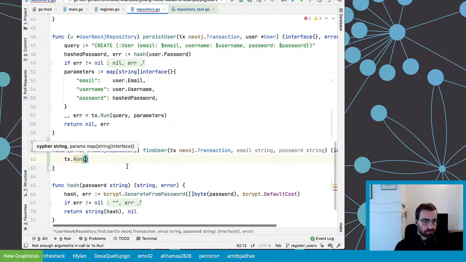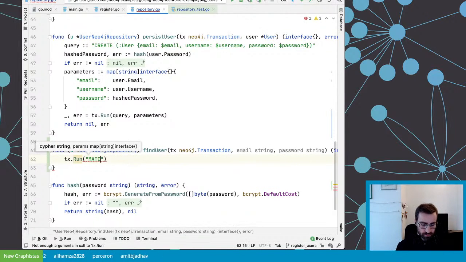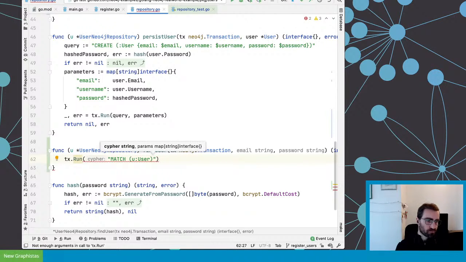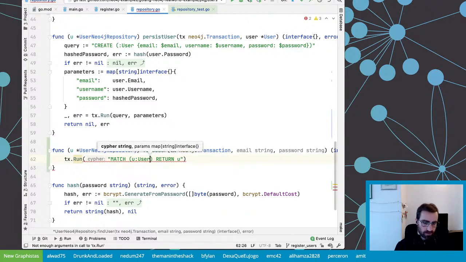All right, so what do I need to do? I need to match a user. And for now, what we can do, so we return the user, is match by email and check if the password matches afterwards.